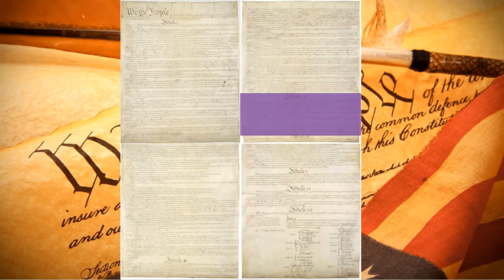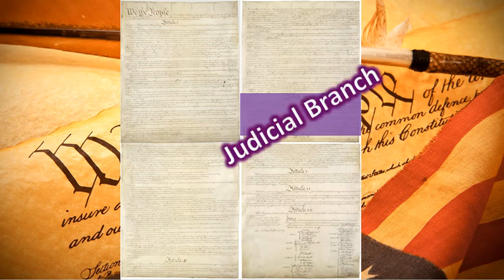And then finally, the third part of our government. So we have three branches of government. We have the establishment of a judicial branch. This is probably the most vague of the first three articles. It doesn't really mention exactly what the role is, other than